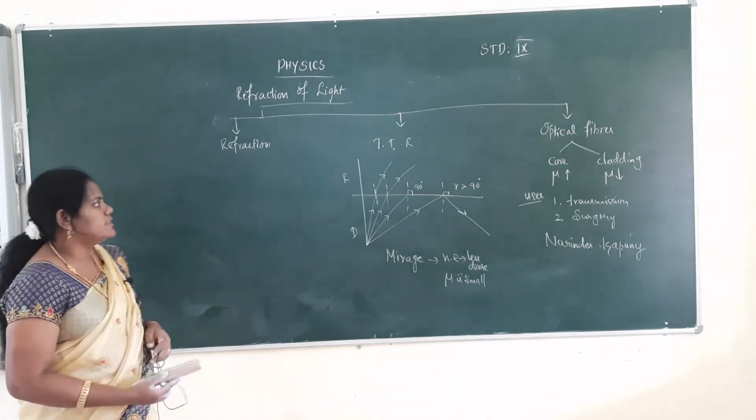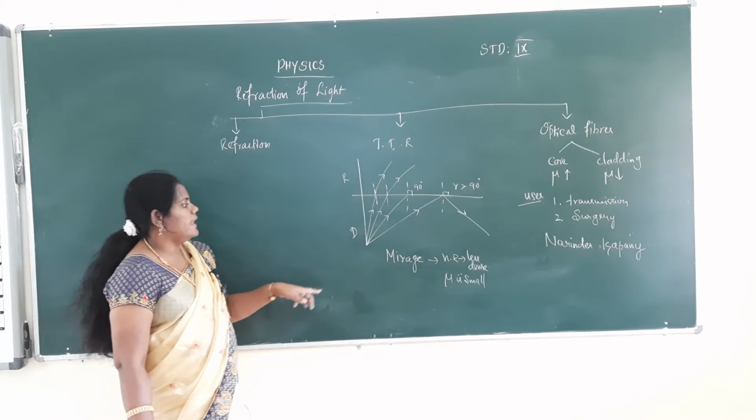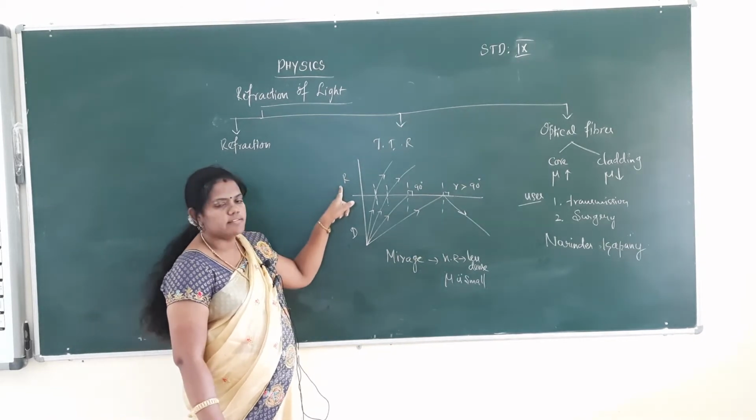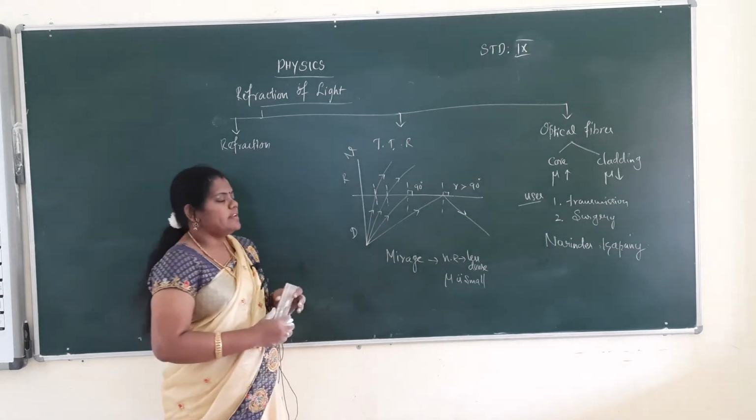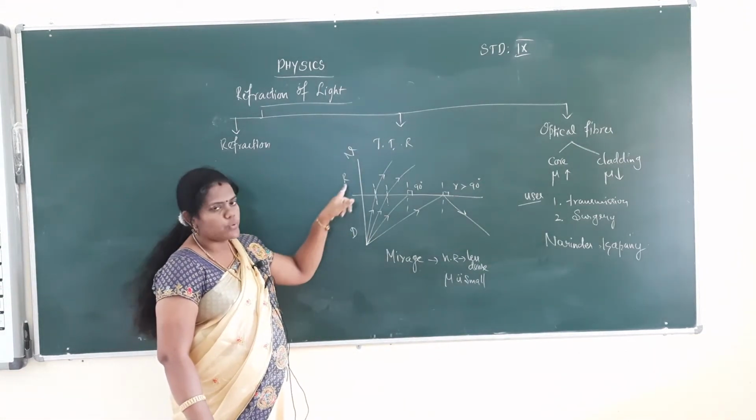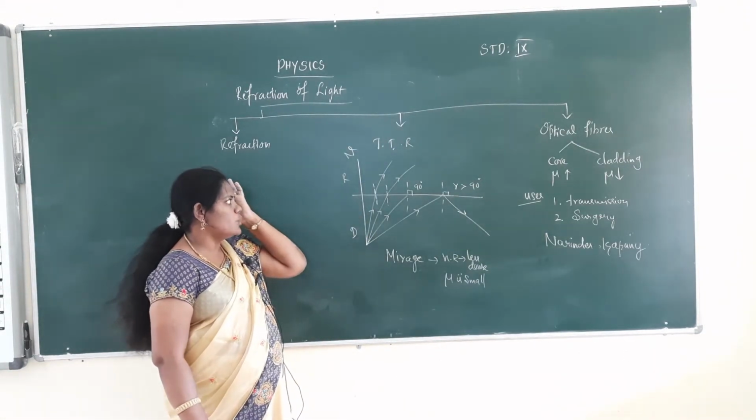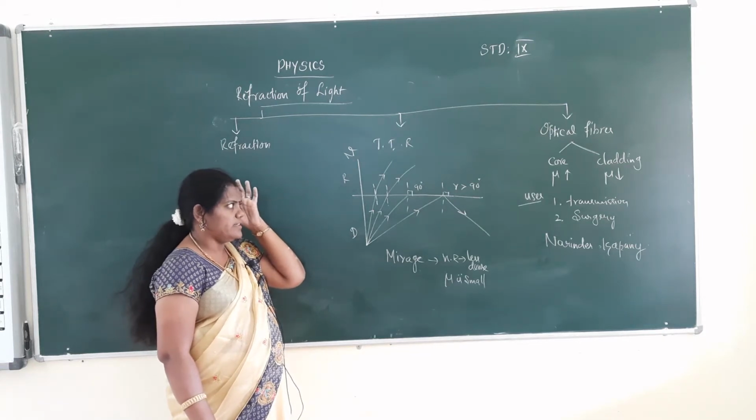So I explained with one example: light falling from denser to rarer. Okay, this is the normal line. Light is falling from denser to rarer. Okay, so below the angle of 90,